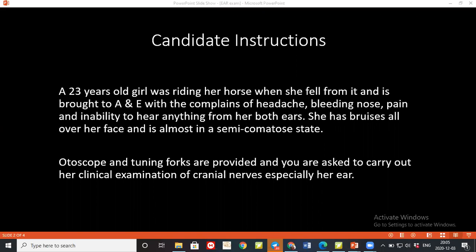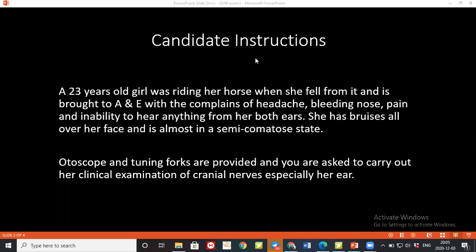After doing this, I'll do the otoscope examination for this patient. At first I will take the otoscope in a pen holding manner. In case of the right ear, I will hold it with my right hand, and I will pull the auricle of the right ear backwards and upwards to straighten the external acoustic meatus. Then I'll go forward with proper visual guidance and check for any evidence of discharge, swelling,